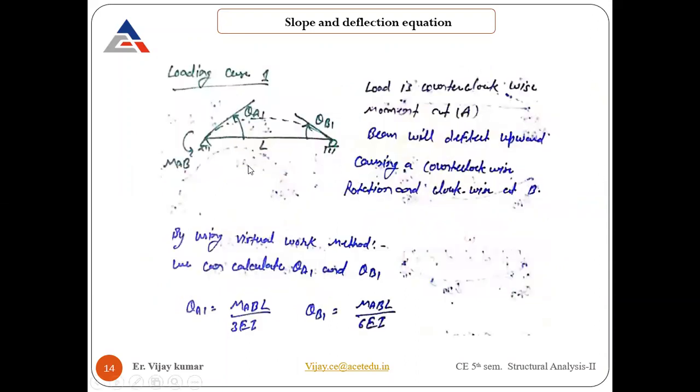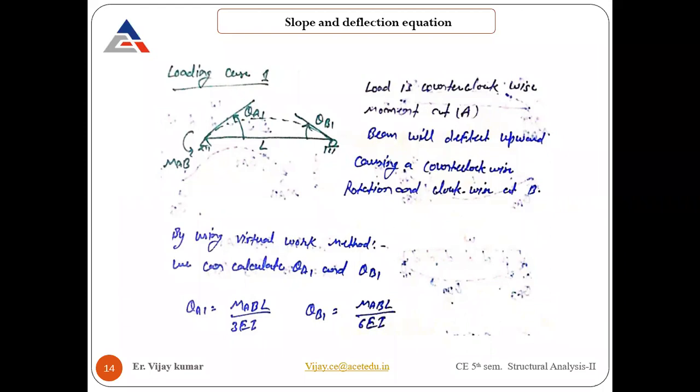So if you consider the first case of rotation, these are the values we already know how to calculate, using any of the methods we have already seen in the previous semester subject, SA1. Those who have not yet performed that numerical problem, this is homework for today's class. You can solve it yourself. If there is a moment acting on the end point, then what will be the values of theta A and theta B? Either method you can go for.